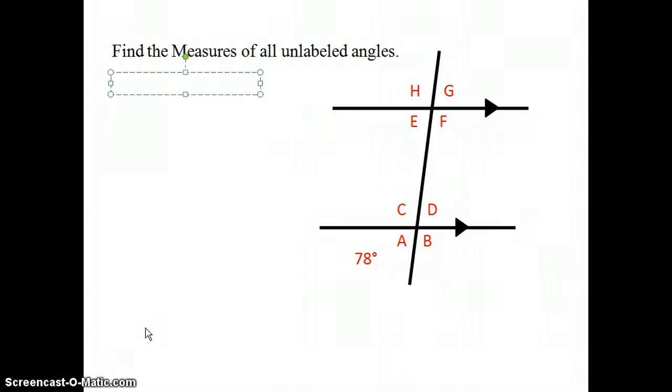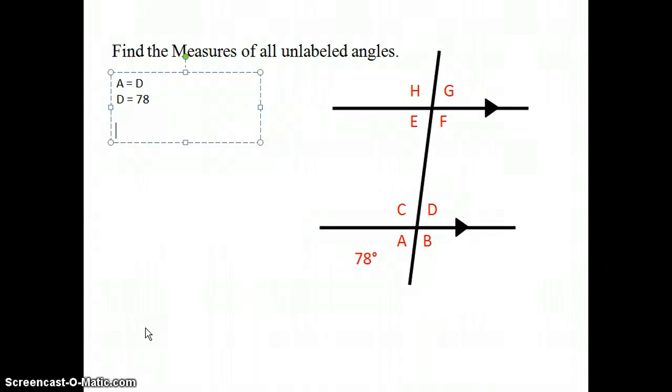and notice that we've been given the measure of angle A. So the first thing I always do is look for the angles that I know are going to be congruent, because that means you don't actually have to do any math. You just know what they're going to end up equaling. So first off, you should always notice vertical angles. We know that A and D are going to be vertical angles, so the measure of angle A will equal the measure of angle D, which means that the measure of angle D will equal